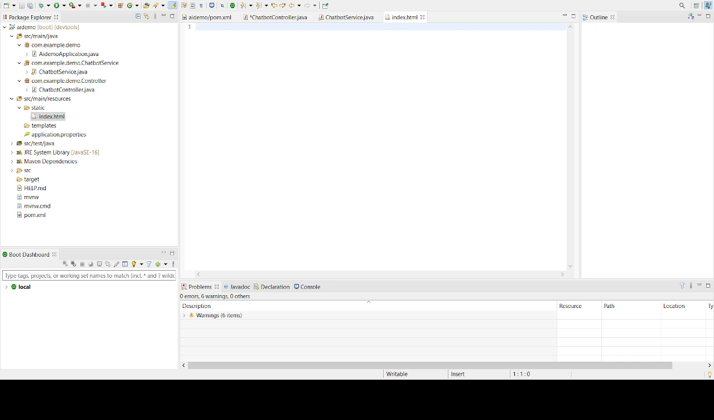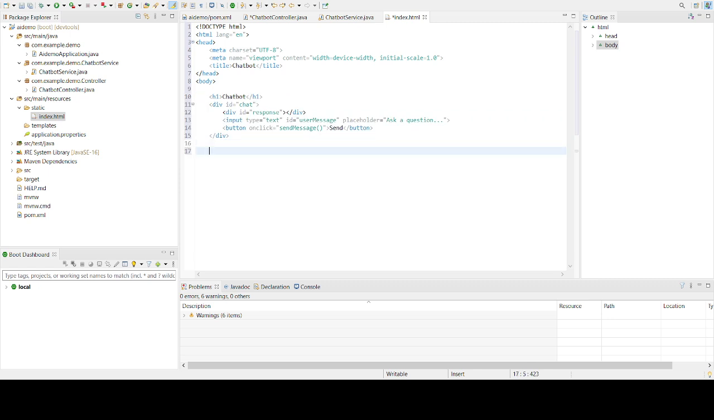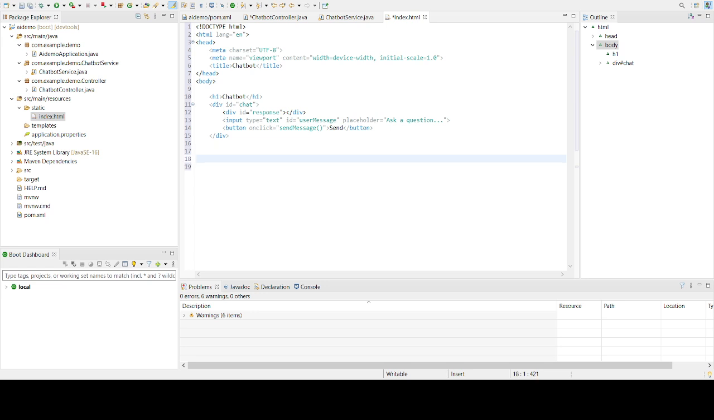So okay, let's create a very simple UI. I'm just saying chatbot as the title of this one, and then I'm creating a simple text box with a button. So I'm giving an input box, and then a placeholder as ask a question, and then I have a button which has an on-click event. So when on-click, a send message function gets called. That we are going to add as part of our